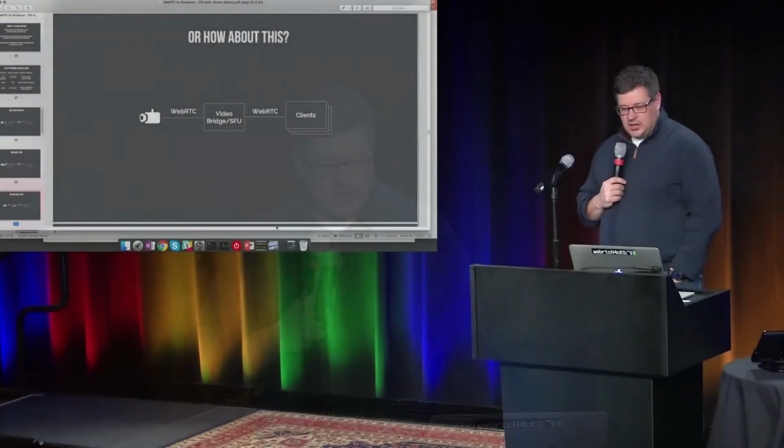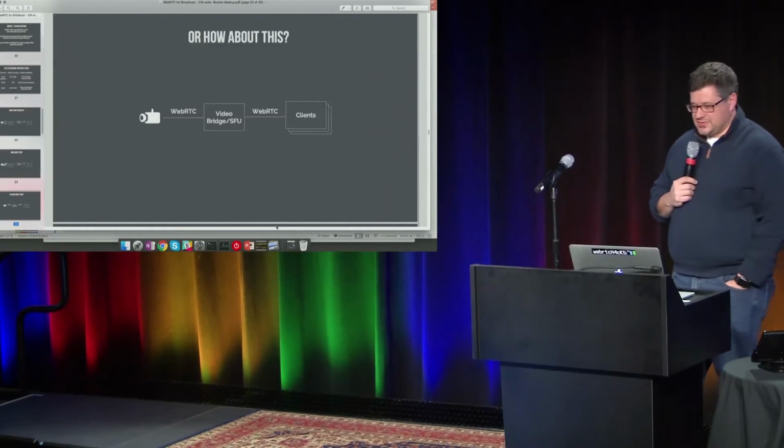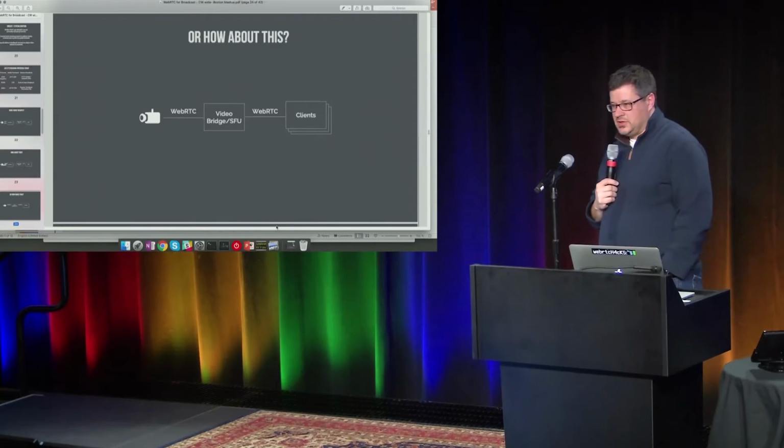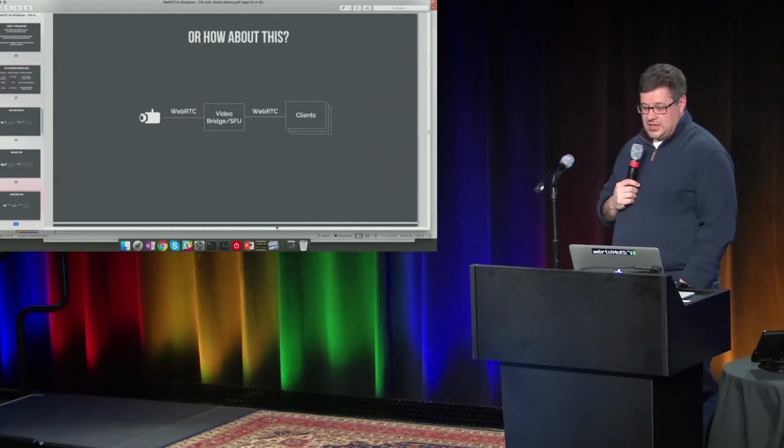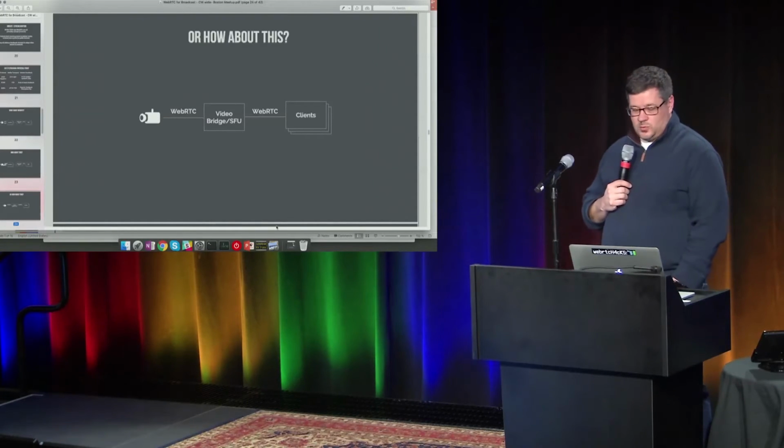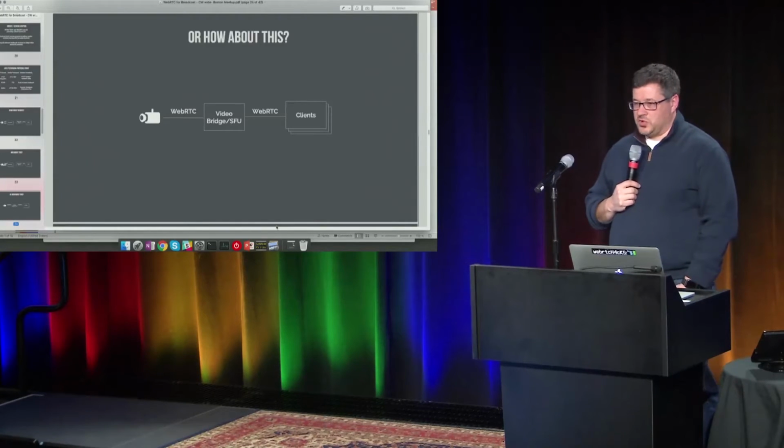There's a new thing going on in WebRTC: a network component called an SFU, a video bridge. Essentially, an SFU, a selective forwarding unit, takes my incoming RTP packets from WebRTC and replicates them across multiple clients.